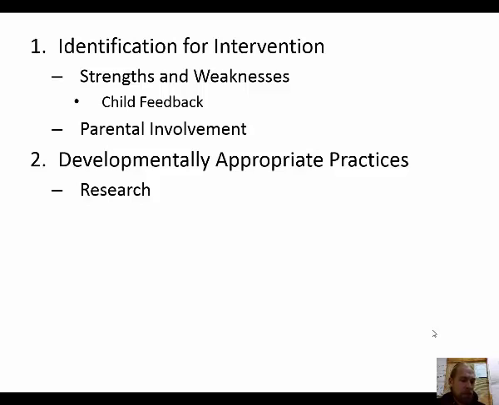So the change of the child and how children develop is drastic between the ages of 3 and 8, or even 3 and 12. So part of your job, through assessment, is to be able to research what works, right? How do we best get a child to understand the concept of subitizing, for example, right? Which is to be able to identify the dots on a die when you roll a die. So that's also part of the importance of assessment in early childhood, is that research component.